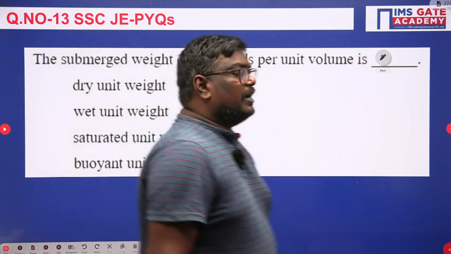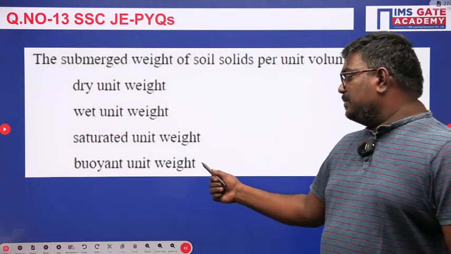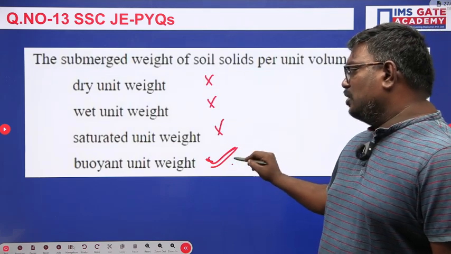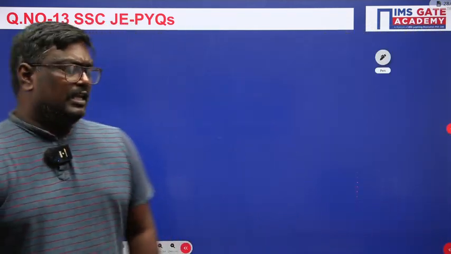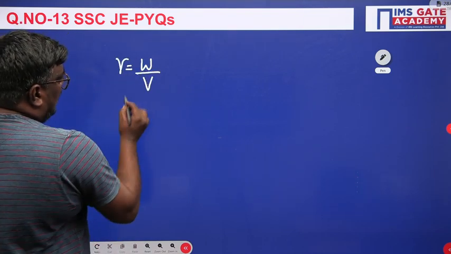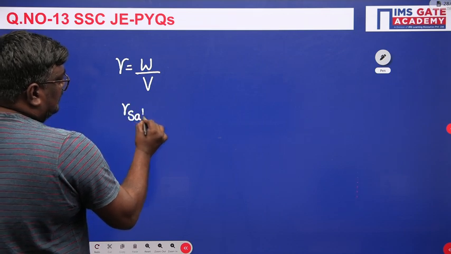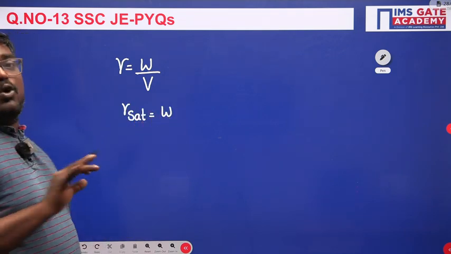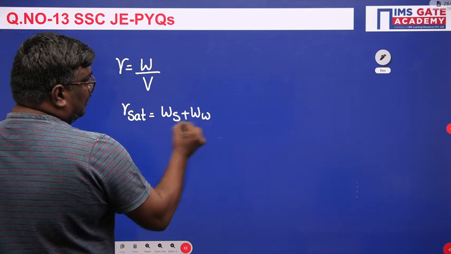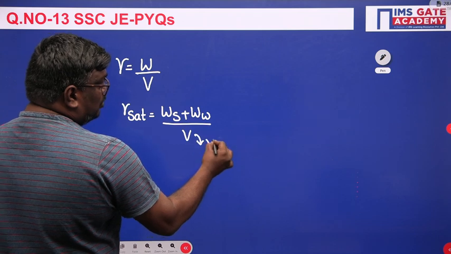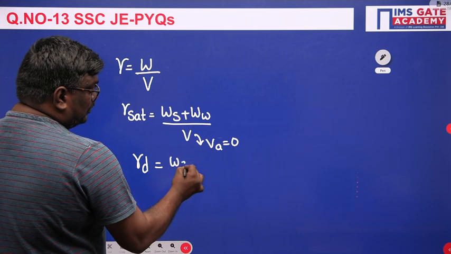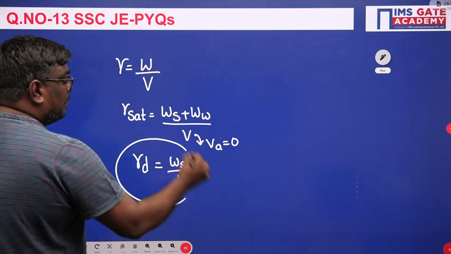Now the submerged unit weight per unit volume is, definitely it will be the buoyancy weight. Because dry unit weight no, wet unit weight no, saturated no. Now let me tell you here, see students. If they ask you what is gamma, bulk unit weight, it is total weight by total volume, and saturated unit weight is where the entire voids are filled with water. So you can say weight of solids plus weight of water by total volume. And here, in this case, volume of air will be 0. If you talk about dry weight, it is weight of solids by total volume, weight of water will be 0, and this is gamma D. But what they have asked you,